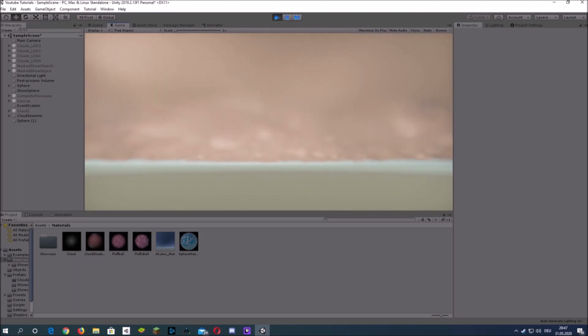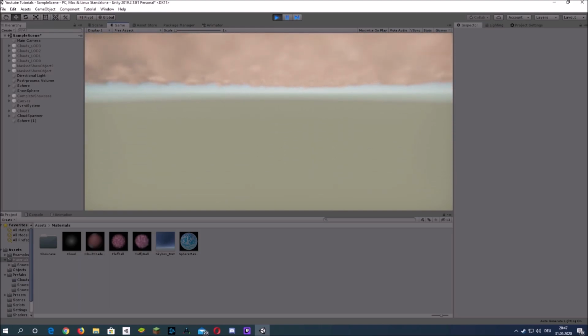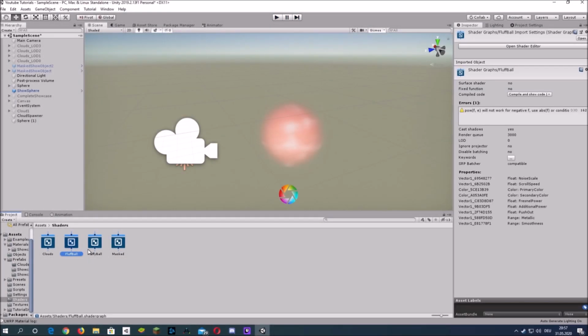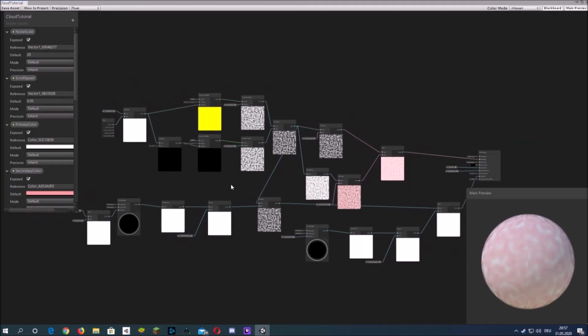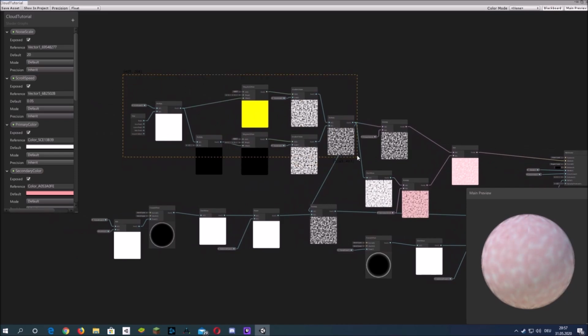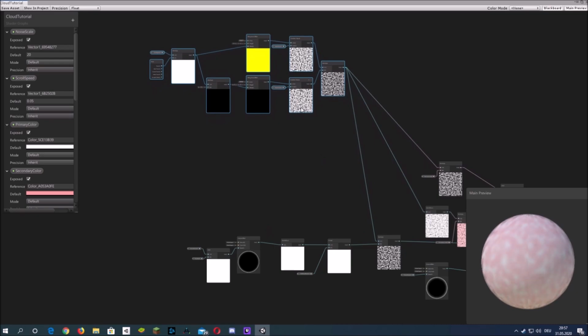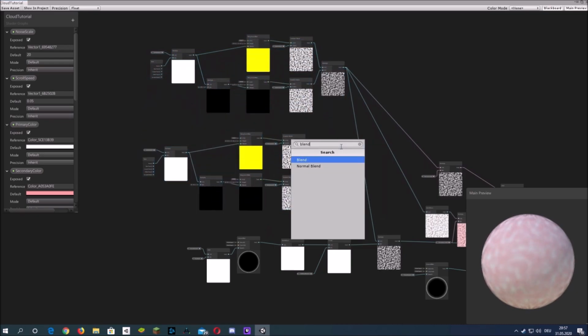If you haven't watched it, it is a prerequisite for this video, so you will probably need to watch this to understand this shader, because we will duplicate the fluffy shader and modify it to make it suited for these clouds. What we need to do is to copy the full